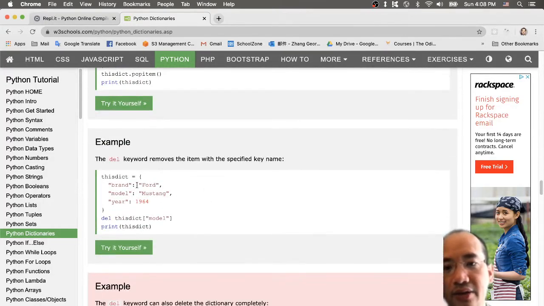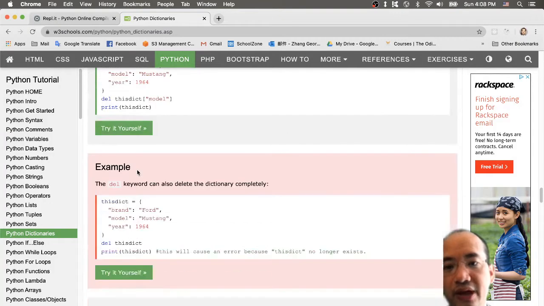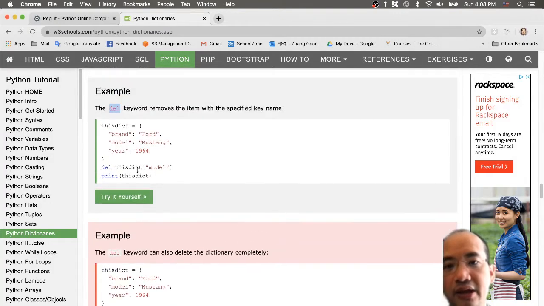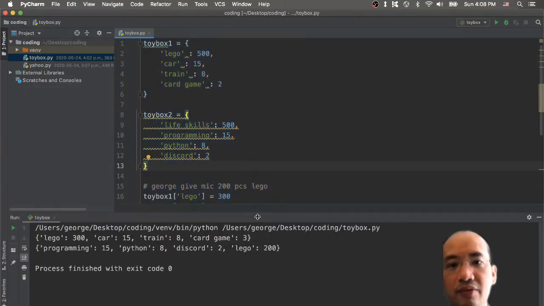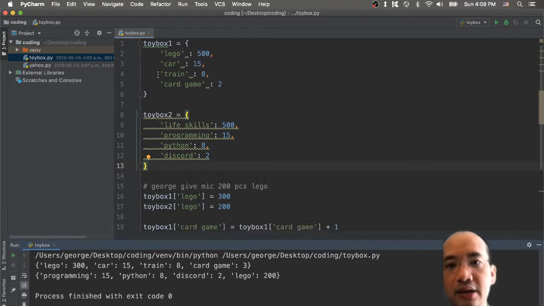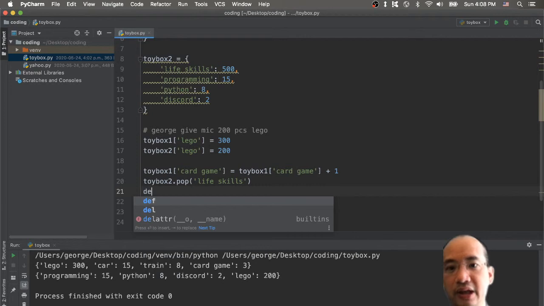The other way you can do it is to use the keyword called del. DEL stands for delete, and you can delete the item from your toy box. Let's just try it out. I want to delete my train because it's Thomas and Friends, and I'm getting old. I don't really like it, so that's why I just use delete